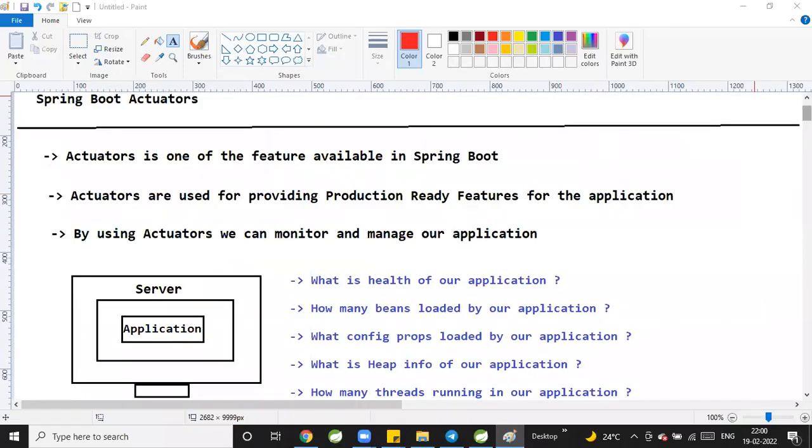It's very important. Damn sure question in the interview. What is actuator in the Spring Boot? It is a damn sure interview question. Got it? Yeah, please read this point. Actuator